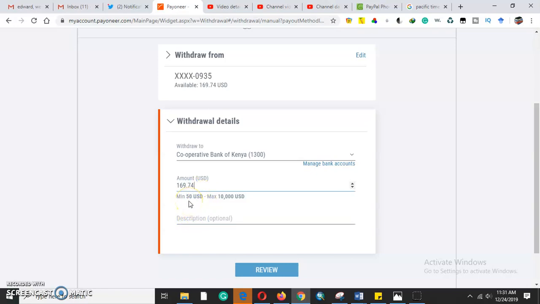It tells me the minimum cash that you can withdraw with Payoneer is $50 and the maximum you can withdraw is $10,000. Description: the reason that I'm withdrawing this cash was